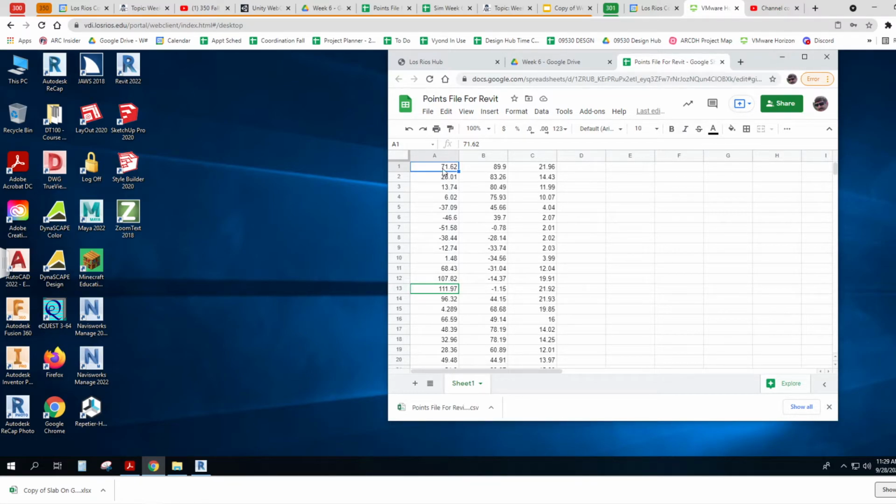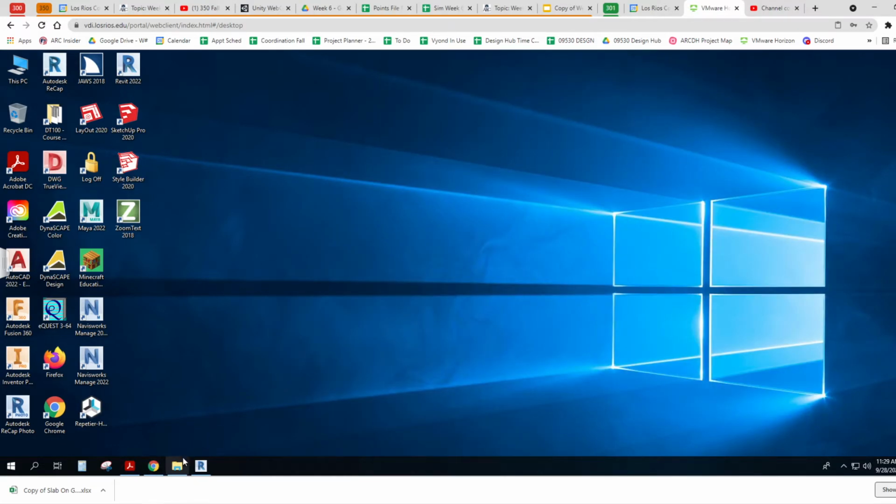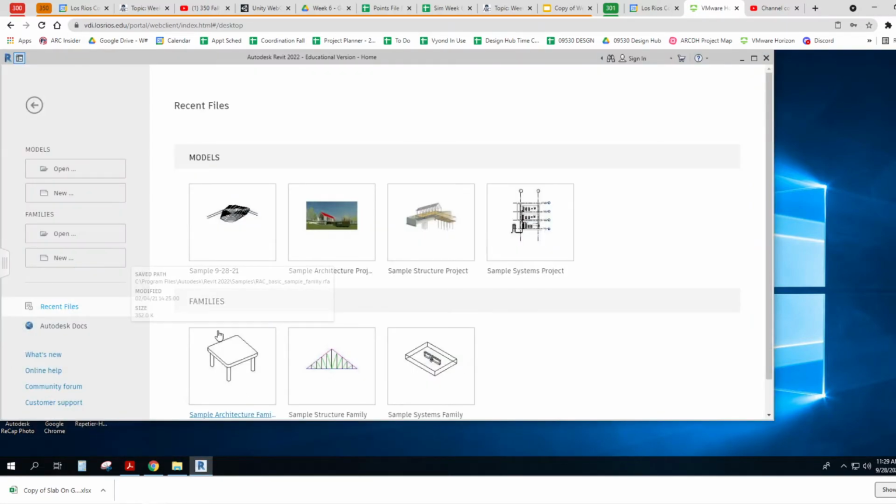Okay, so there's that file I just made, and it's in the right format. There's no XYZ, nothing like that at the top. Just right in there. Okay, so now I'm going to close that down, and I'm going to open up Revit,